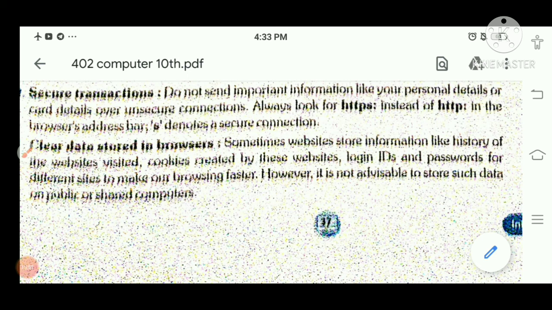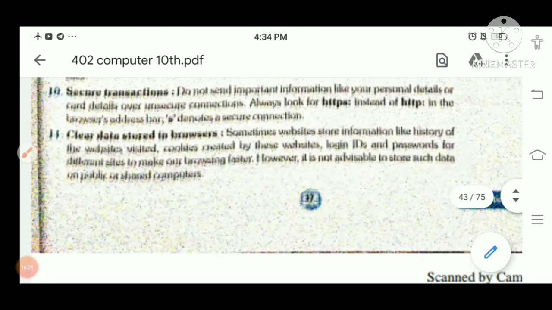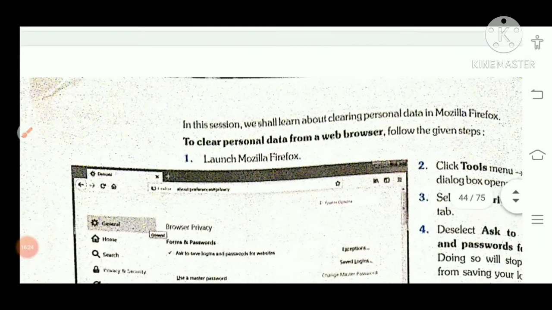What are cookies? Children, if you are using any site on the internet, each and every piece of information is stored in the history. Your ID and password are stored in the cookies. So if you are opening any site on any cyber cafe, your task is, first, log out of your account properly, and then go to the tools section and remove this history, clean cookies, and in this manner you can protect your system from this type of cyber crime.